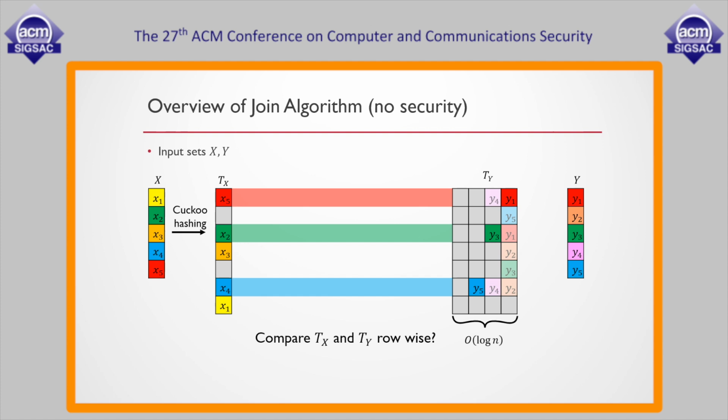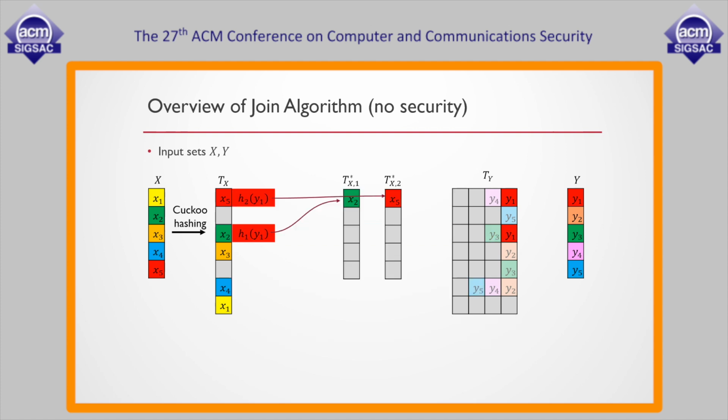And so this would not result in a linear overhead protocol, which we'd really like to do. And so what we're going to do is add another level of indirection. This is the classic computer science trick, right? Here we take the hash table that has the x's in it, and we select locations out of it based on the hash values of the y's. So here's y1, and since there's two hash functions, we'll map it to two new tables, one for each of the hash function values. And we'll do this for each of the y's, say y1, y2,